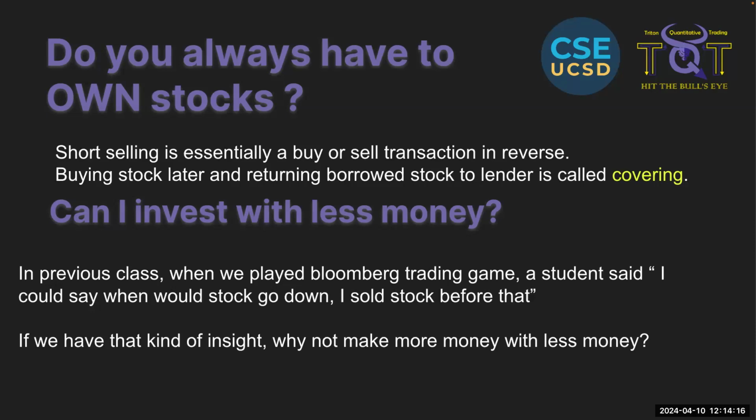Okay, so let me do the buy sell action in the reverse method. It basically means that you tell somebody that you're going to sell them the stock, but you don't own it yet. So technically, if you want to sell something to someone, you have to have it, right? Short selling means you don't have it, but you promise someone that you're going to sell it to them